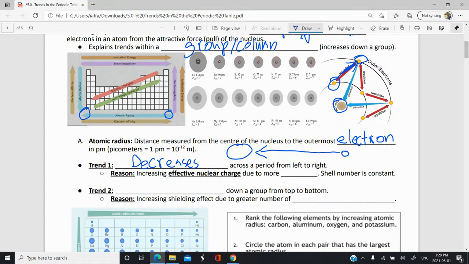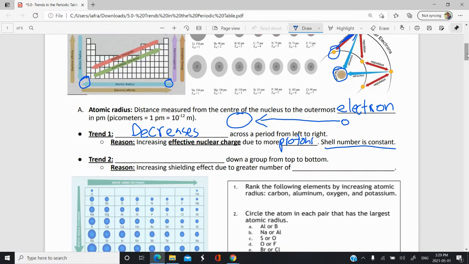And so the reason is because we have a larger effective nuclear charge due to more protons in the nucleus, and the shell number is constant, so shielding doesn't really have an effect. And then trend 2 was that the size or the radius increases